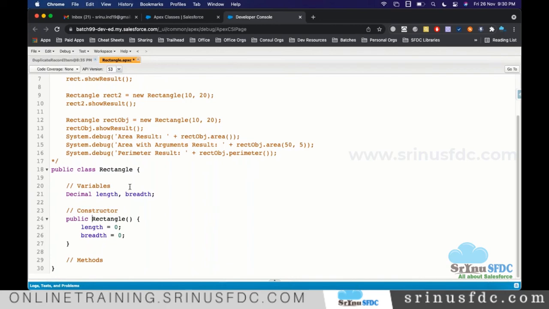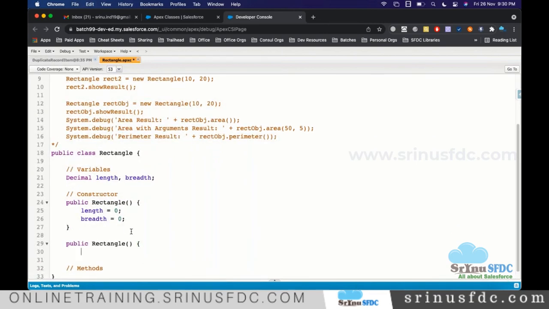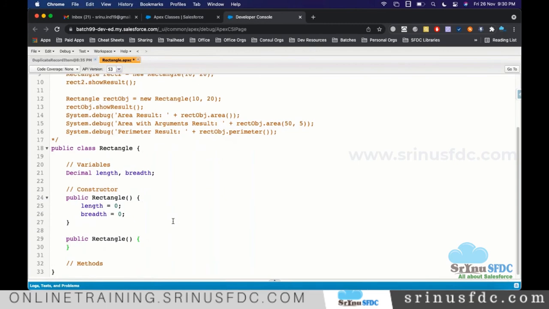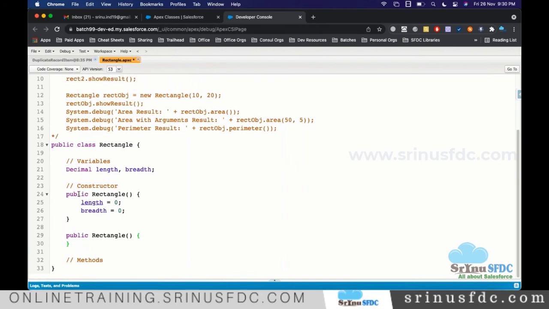You can define multiple constructors with the same name, right? So let's say when you are buying the car, there are two colors, black and white. Which one you want? So it's like we have two constructors.